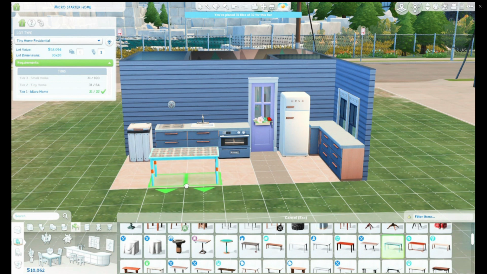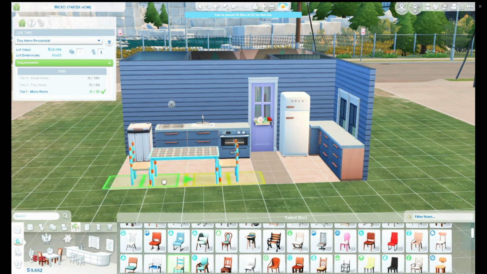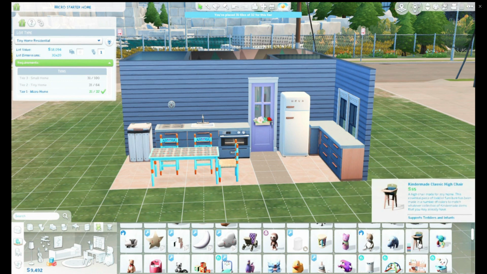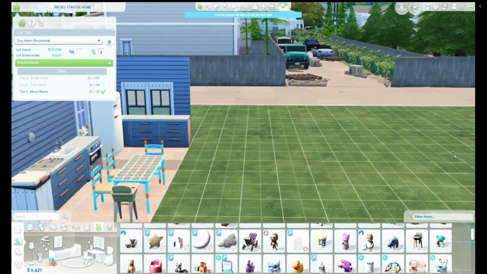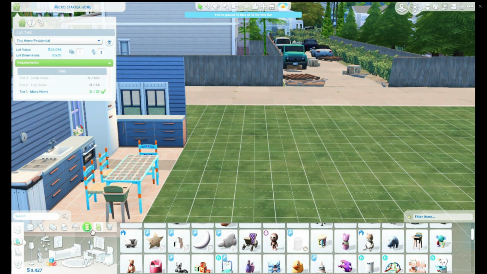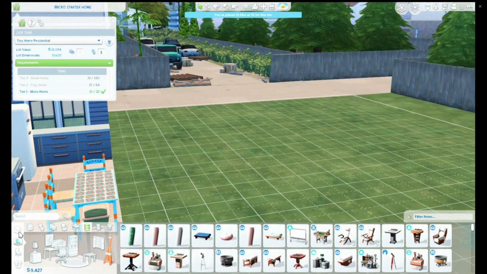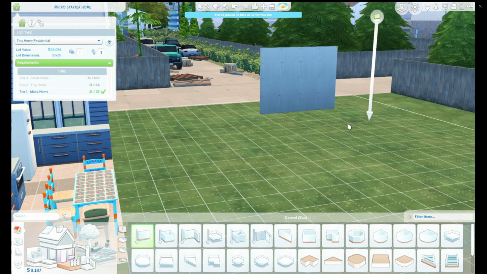Then I needed the table. That is added in. I forgot that I have a baby, so I needed the high chair, and I put that back. And then I was thinking, okay, I'm almost complete. I had 9,000 simoleons, and so what I did was I decided I am going to add